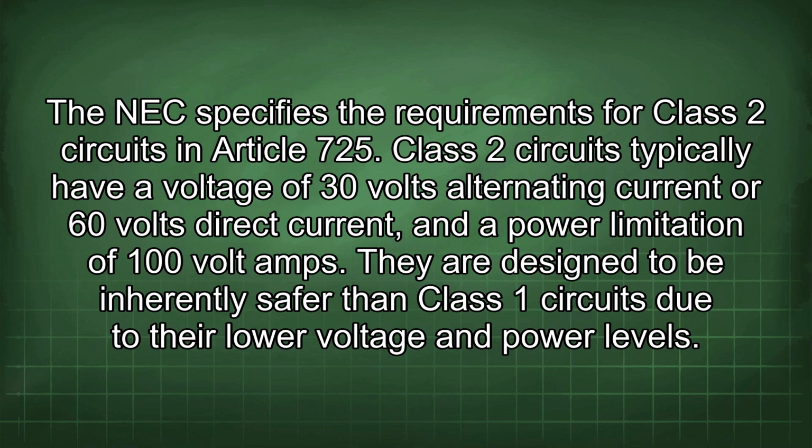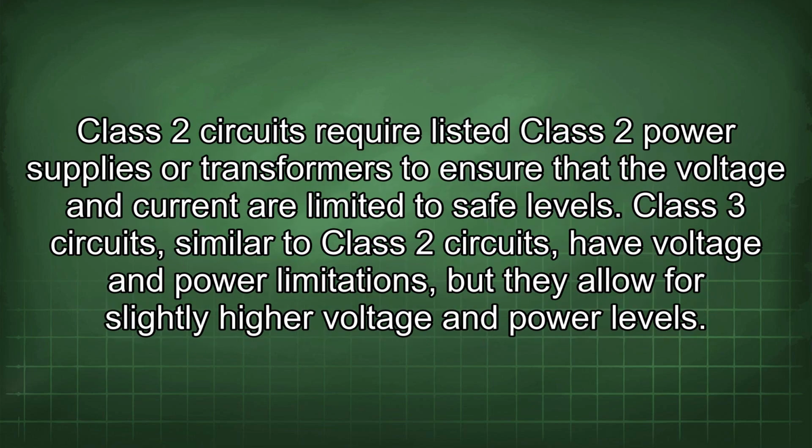Class 2 circuits typically have a voltage of 30 volts alternating current or 60 volts direct current and a power limitation of 100 volt-amps. They are designed to be inherently safer than Class 1 circuits due to their low voltage and power levels. Class 2 circuits require listed Class 2 power supplies or transformers to ensure that the voltage and current are limited